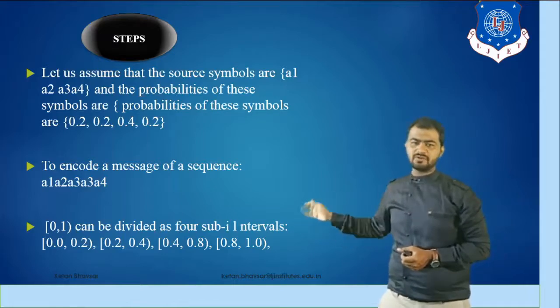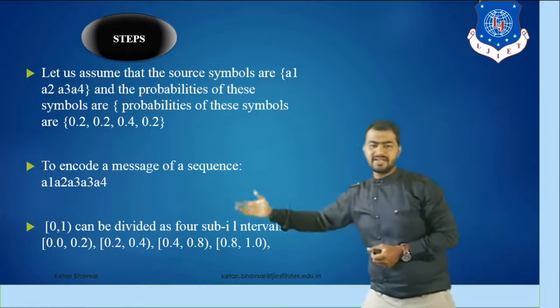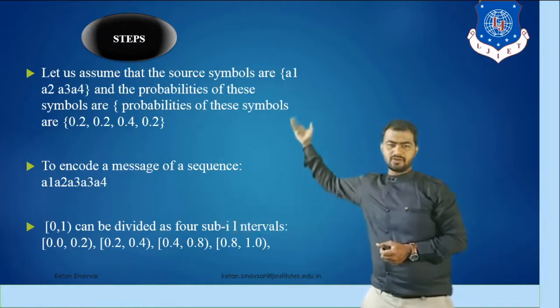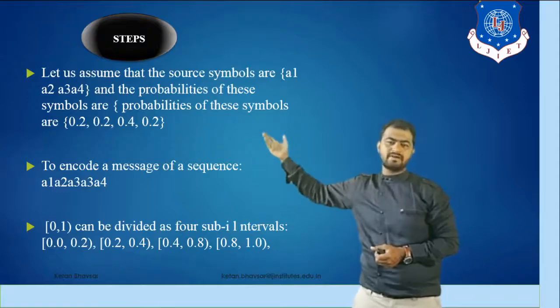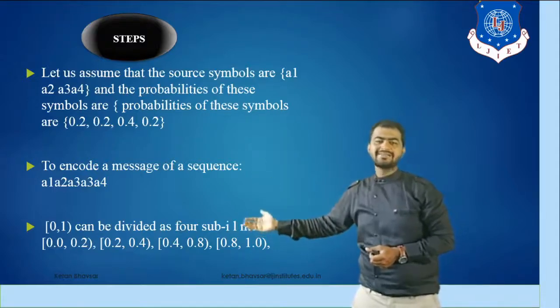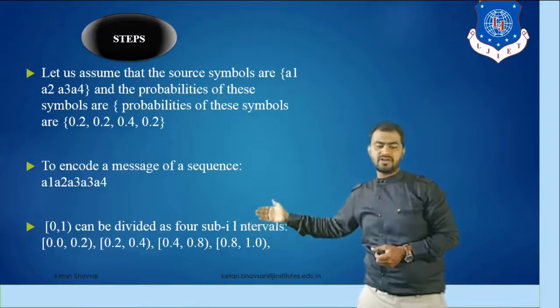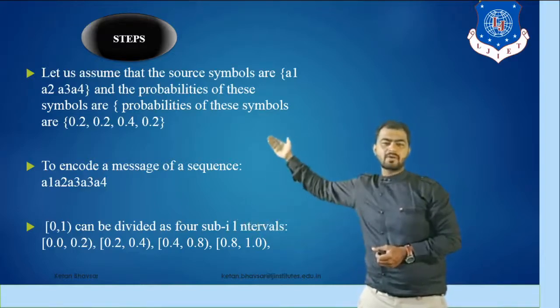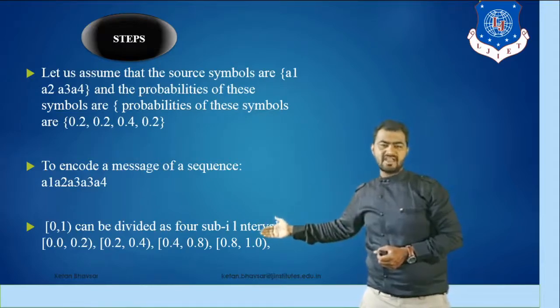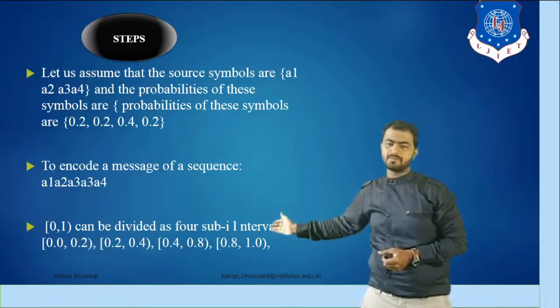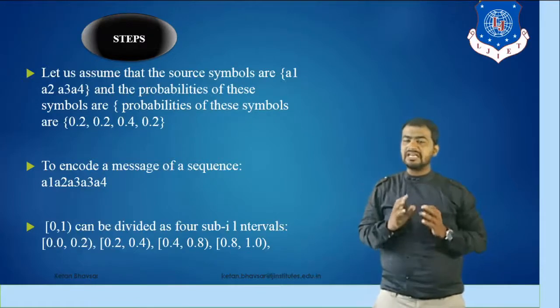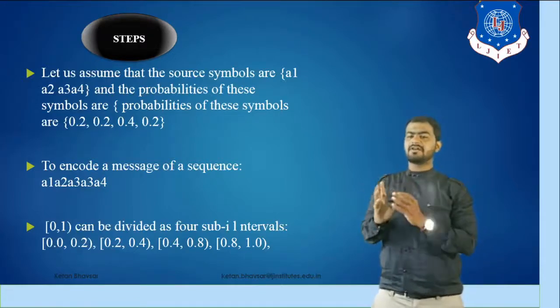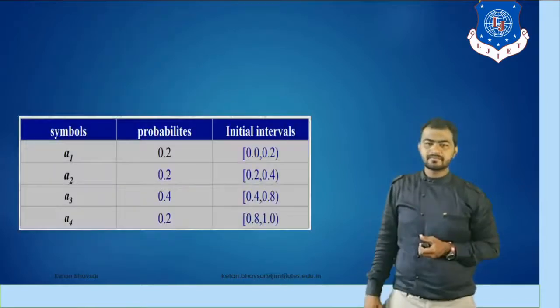Now for the interval, as you can see, we start from 0.0 to 0.2, because we have the initial value 0.2. After 0.2 we add 0.2 because the second value is 0.2, so we have the previous value 0.2 and then 0.4. Now the previous value is 0.4, so we have to add 0.4, and as you can see we have 0.8. Now the previous value for this interval is 0.8, so we have to add 0.2 again, and it becomes 1.0. So this is the sequence, whenever we work on arithmetic coding based concepts or applications.